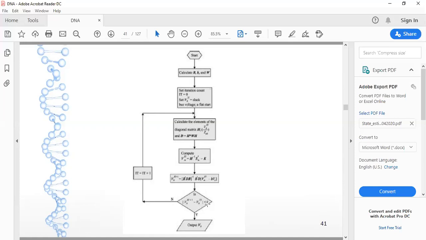If that is less than our tolerance limit, it is okay. But if it is greater than our tolerance limit, then we have to increase the iteration count. So if the subtraction of iteration 0 from iteration 1 is greater than 10 raised to minus 4, then we have to increase the iteration count. Once again, there is no need to calculate this, this and this. We only need to update the value of Vm over here. This is nothing but Vm after the first iteration. Vs will remain as it is because it is a slack bus voltage.